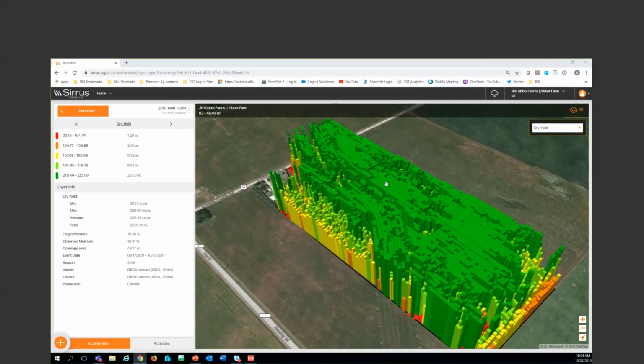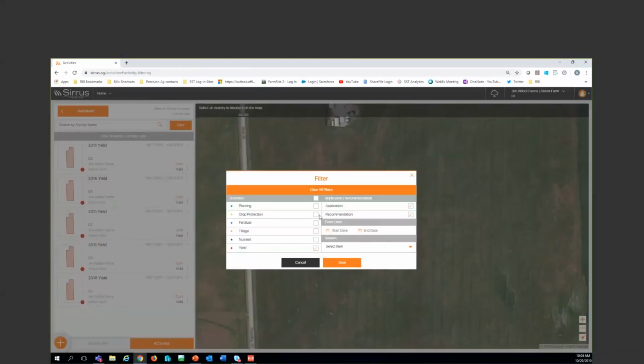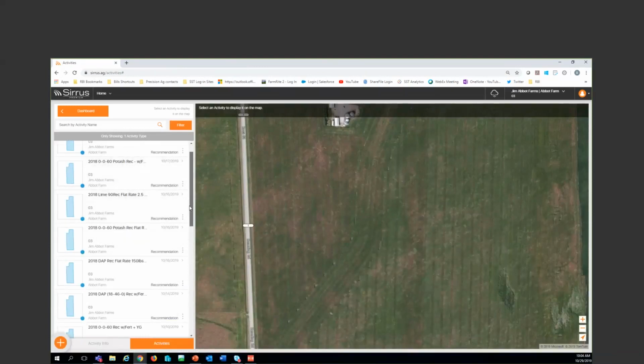But it's a conversation starter. And if I come back here and say, well, I want to go back and look at all the activities for this field, that's all those layers, of course, and I want to filter out, I'm going to click the filter button, and I want to look at everything that I've got as actual fertility recommendations on this field right now. So if I save that, that shows me now all the fertility recommendations that I have on this particular